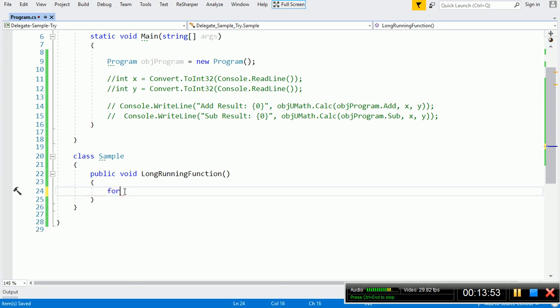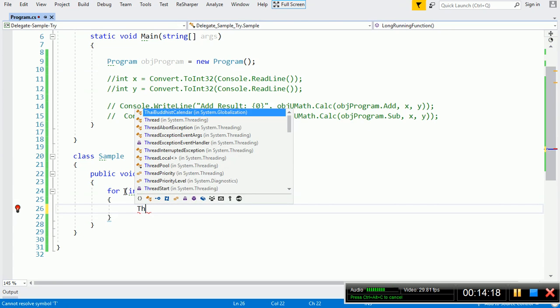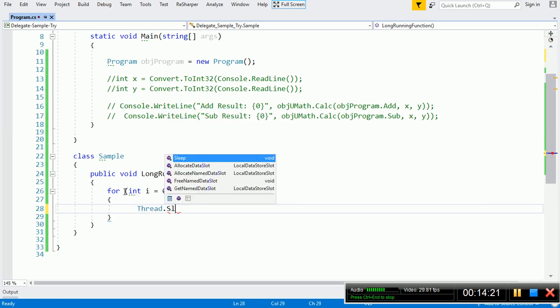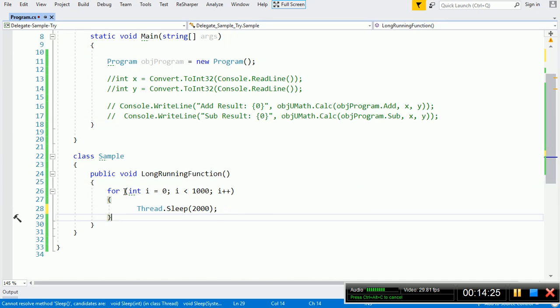So here within this function I will create one loop: for int i equal to 0, i less than 1000, i plus plus. Instead of any real long running process, first of all we will simulate that it takes a long time to execute. For that I will make this loop execute very slowly by calling Thread.Sleep, and I will pass 2 milliseconds.